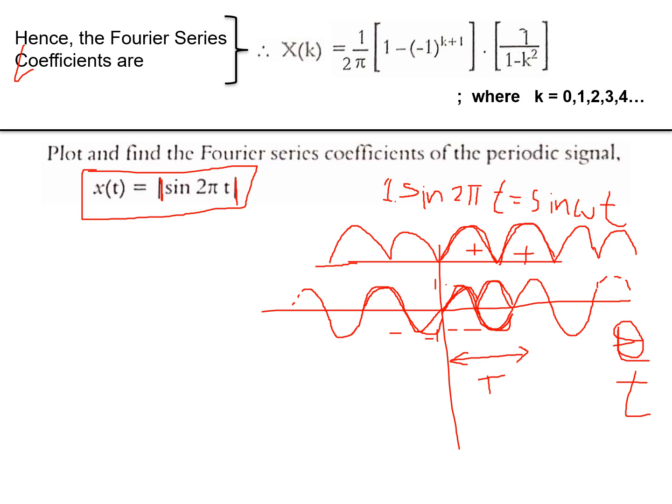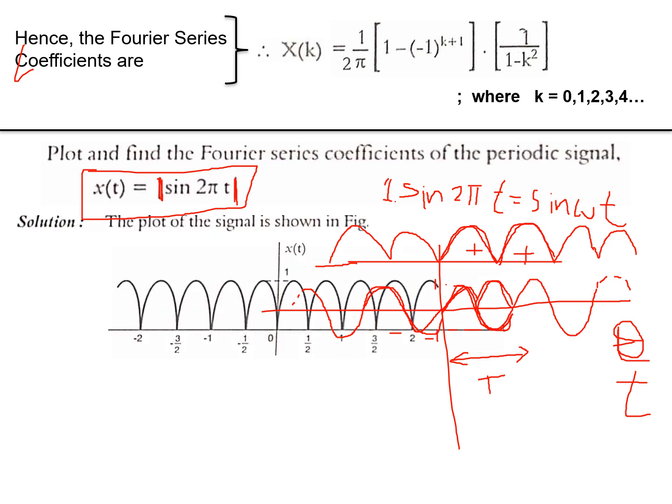Previously, in the previous problem, we used a half wave rectified signal. There the graph was directly given. Here, instead of the graph, the equation was given. So from the equation, you have to plot the graph in this way. If they had given sine 2 pi t, I should have taken the sine wave only. But it is not a sine wave. They have taken the mod, so you have to take the mod. Mod means this is actually the rectified signal, the full wave rectified signal. That's what the graph should look like. Let us see, same thing.